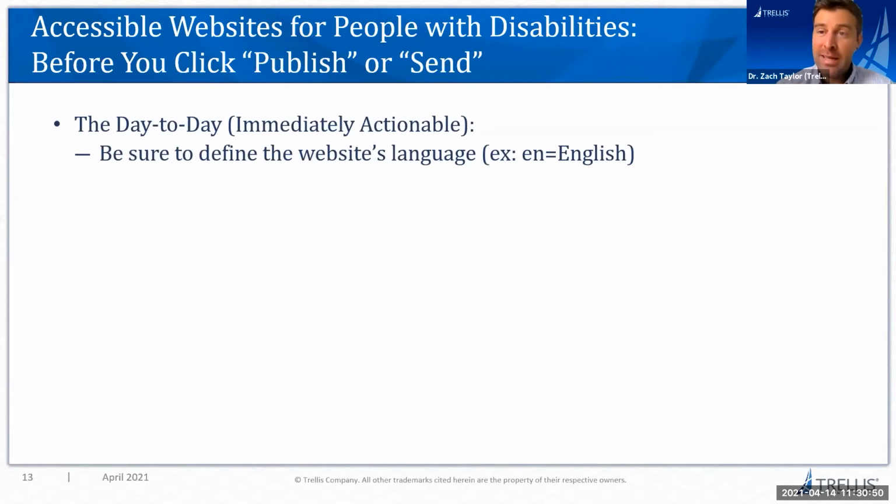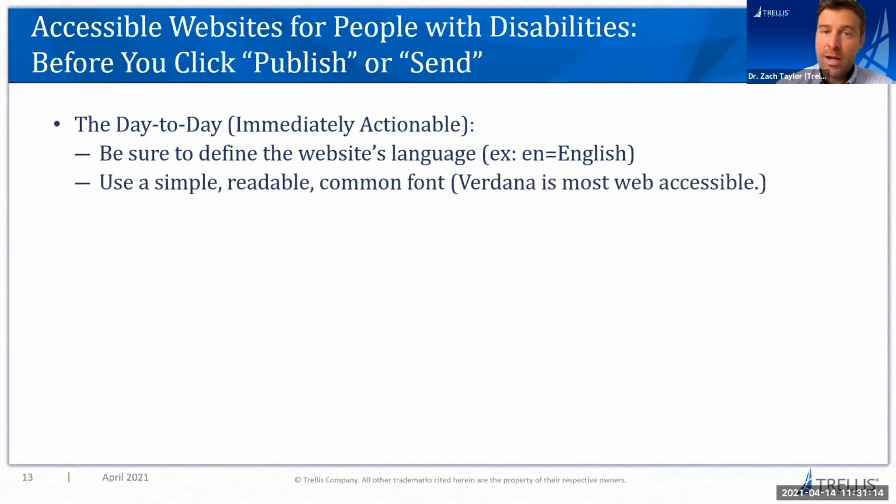A lot of websites don't tell students, for instance, who are blind, that the website is written in English. Or for our Spanish-speaking community members out there, alerting a Spanish speaker who has a disability that there is Spanish language content on that page. Without defining the website's language, a student will never know if there's translated content on a website.